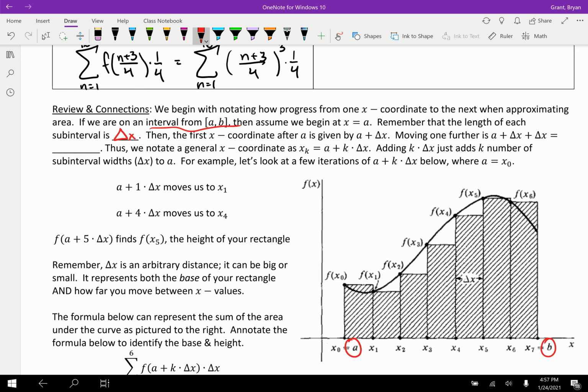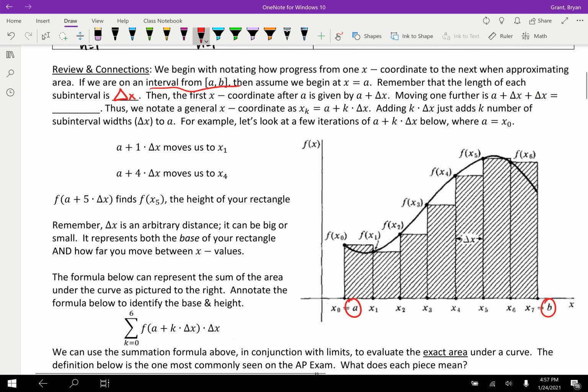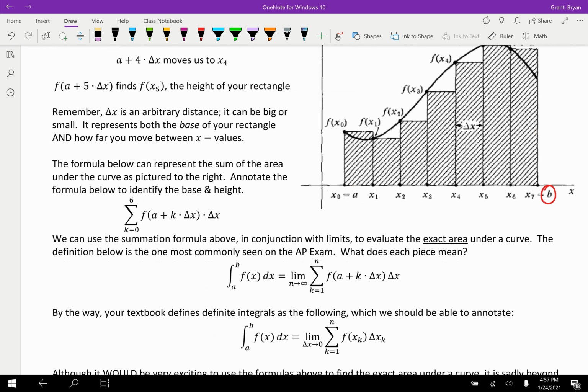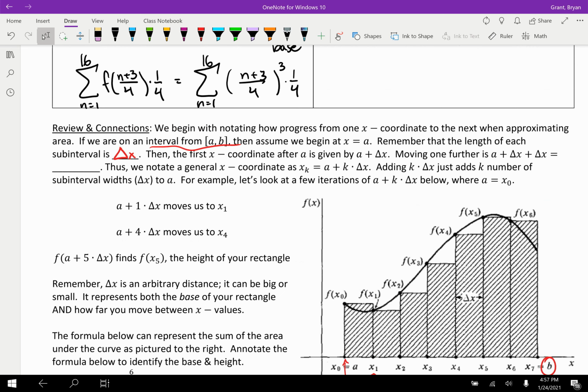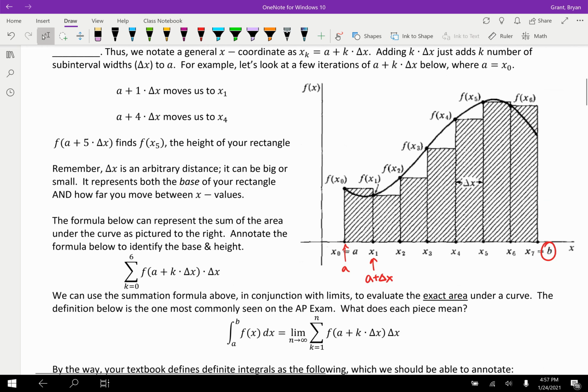So that would mean then that the next x-coordinate after A is given by A plus delta x, right? If this is A right here, then this is A, but moved forward delta x units. Delta x in our opener was 1/4, so if we started at 1, we moved up 1/4. If you wanted to go further than that, if you wanted to do this next one over here, we again start back at A. That's our fixed starting point. We add delta x to get to this guy, and then we add one more delta x to bring us